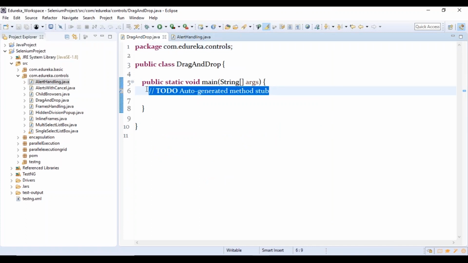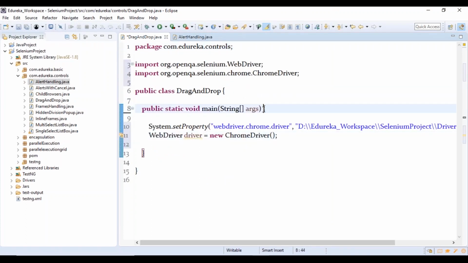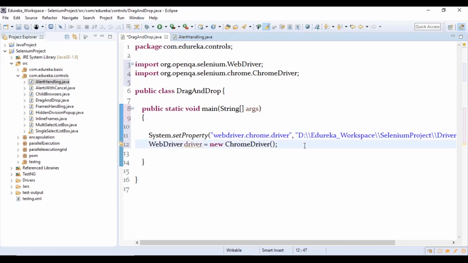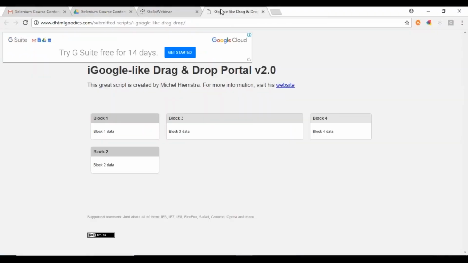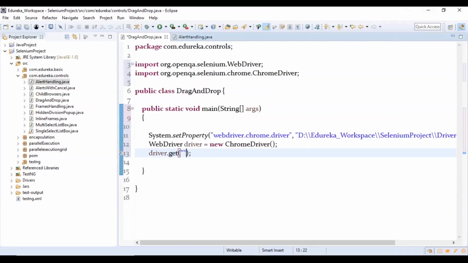Once we have launched the browser, we are going to navigate to the URL. The URL that I've taken is the one present in the Google demo pages, which has a drag and drop functionality. So how do we drag and drop usually? We place the cursor on the handle, drag the handle, and drop it to the other location. This is what we are going to simulate in today's class. Let me take this and navigate to this URL, right? So we have navigated to this URL.